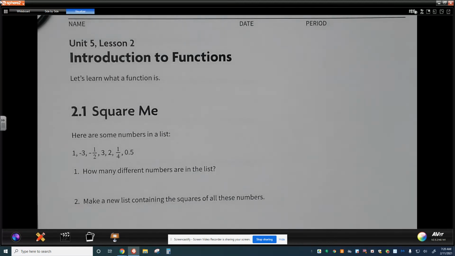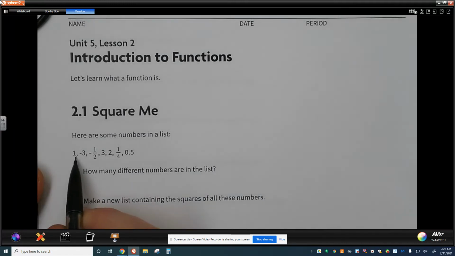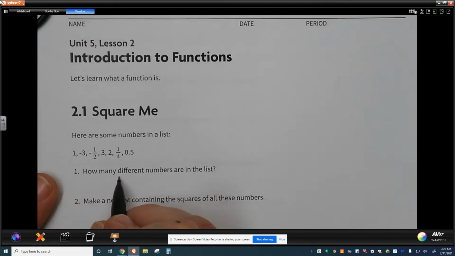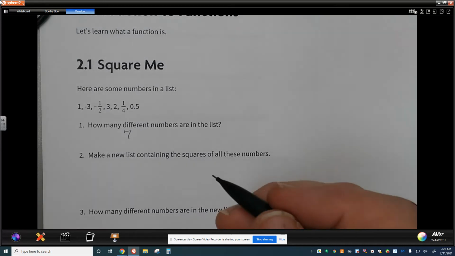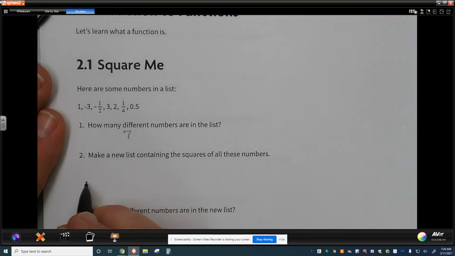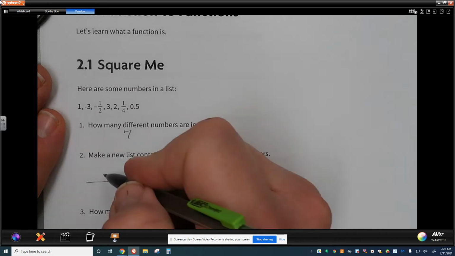It's 1, -3, -2, 3, 2, 1/4, and 5/10. So how many different numbers are actually listed? When we count them up, we find that there are 7 different numbers. When we make a new list containing the squares of these numbers, what we will see is something that's a little bit different. So when we talk about a square,